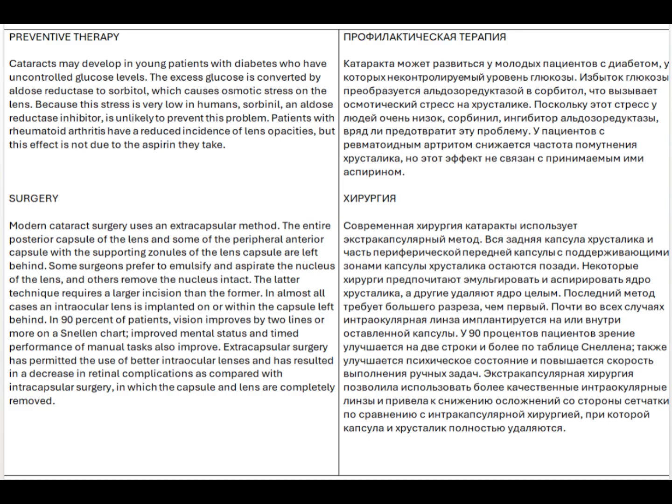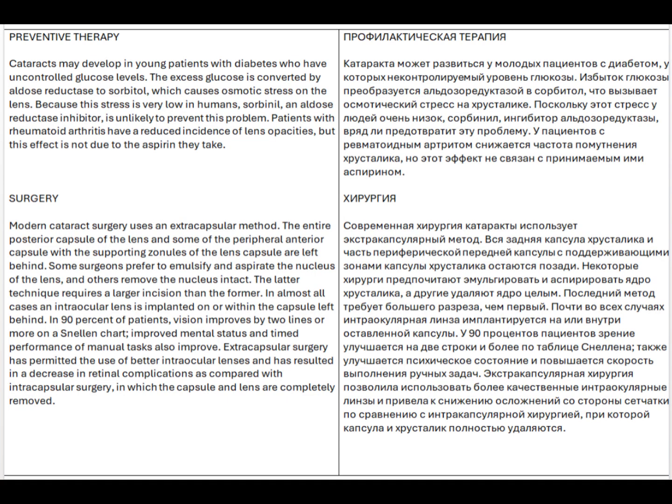Preventive therapy. Cataracts may develop in young patients with diabetes who have uncontrolled glucose levels. The excess glucose is converted by aldose reductase to sorbitol, which causes osmotic stress on the lens. Because this stress is very low in humans, sorbinil, an aldose reductase inhibitor, is unlikely to prevent this problem. Patients with rheumatoid arthritis have a reduced incidence of lens opacities, but this effect is not due to the aspirin